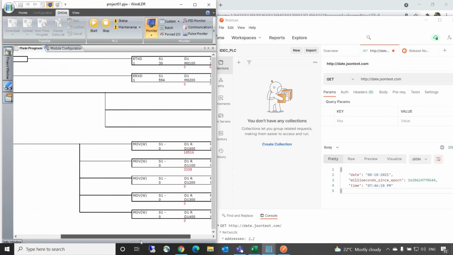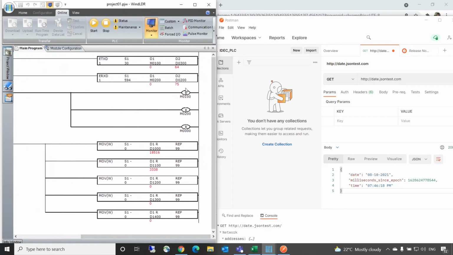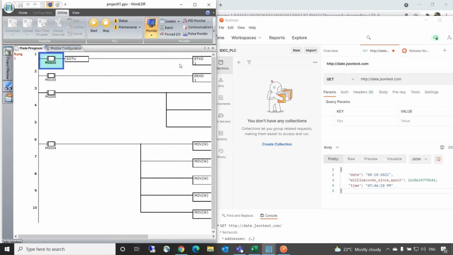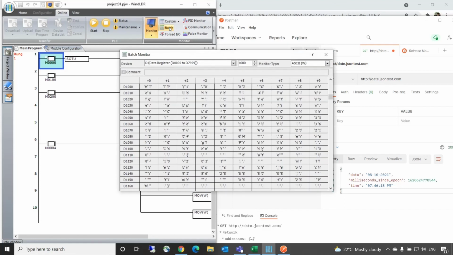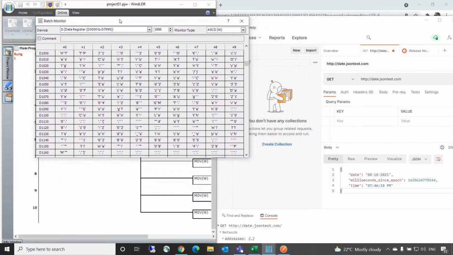Since I have already done the small logic for resetting all the bits which I'm setting, we have received the data. To check the data, it can be shown either in the HMI or in the web server function pages. So in this case, I'll open the batch monitoring, in the data registers which I have considered, D1000 to D1100 and all. So we can see the data which we have received.